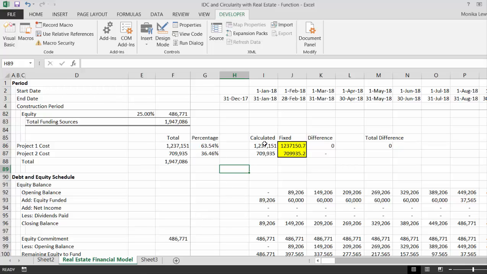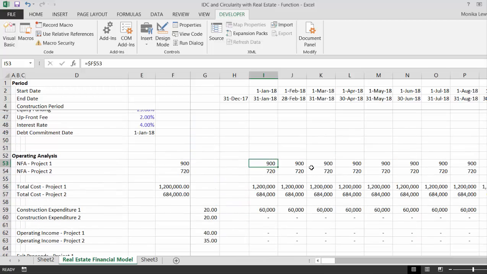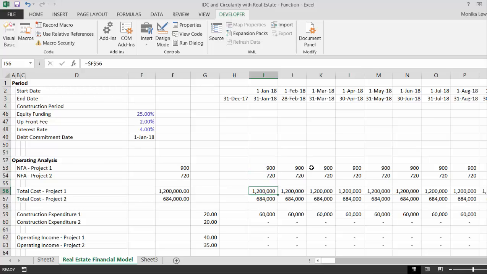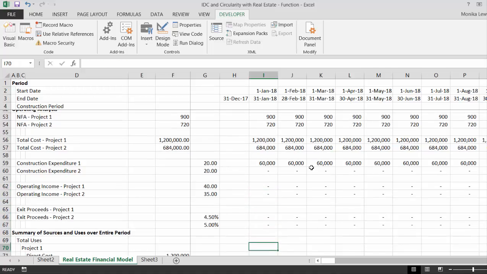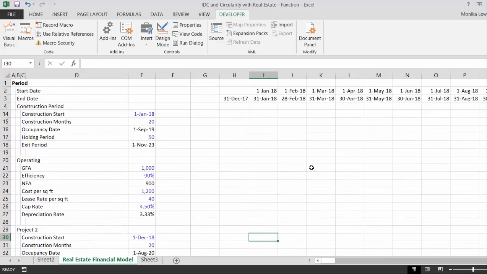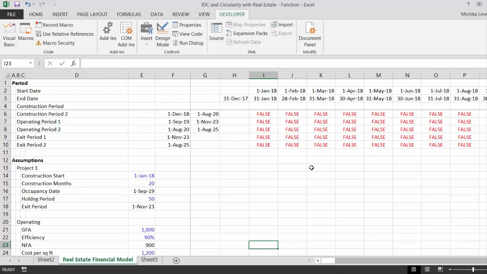Now I'm going to pause. The next step in getting this function started is, we're going to need a whole lot of inputs. Unfortunately, we're going to need things like the input for the total cost of the project 1, the cost of the project 2. If we want the income, I think we need the operating income on both projects. I'm not going to bother with the exit proceeds. We're going to need